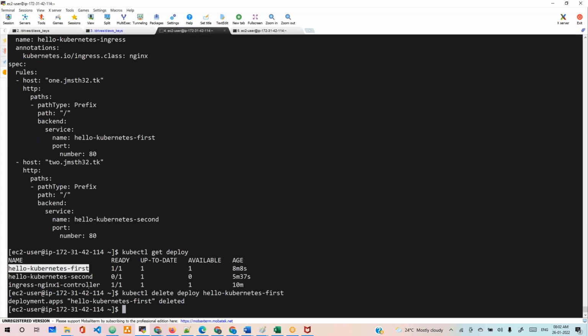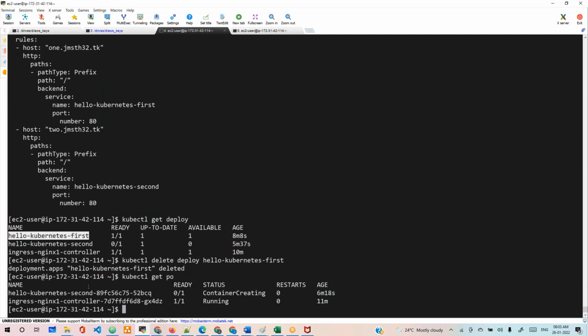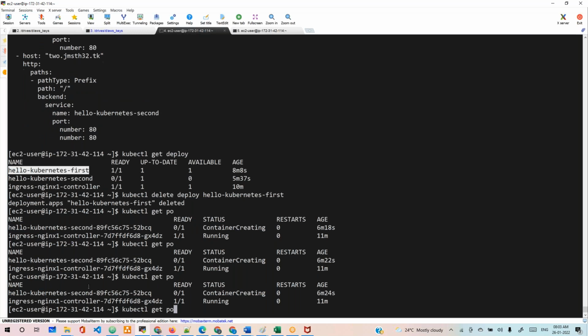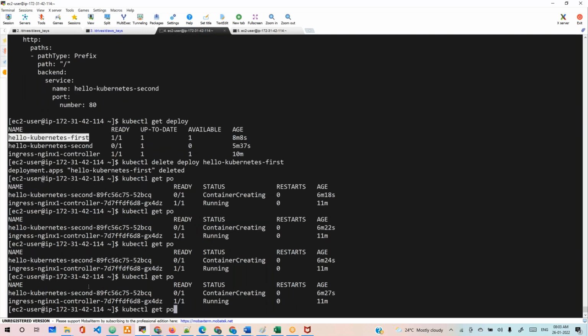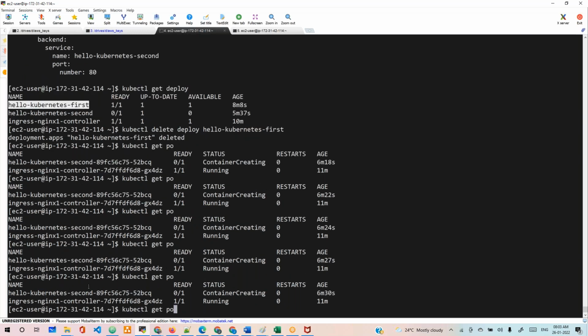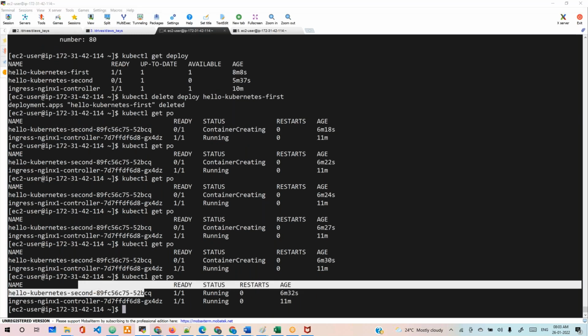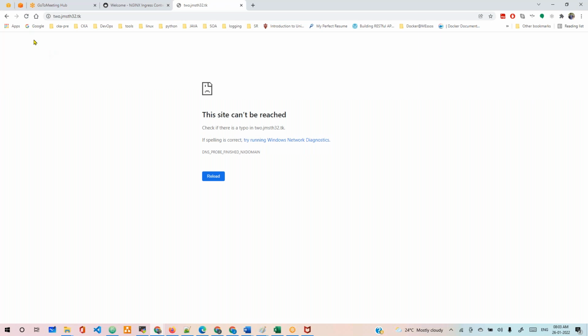Okay, delete the first deployment object, and the next what we do, get pods. It started container creating. Let's see. Now the second one is running now. The first one got removed, and